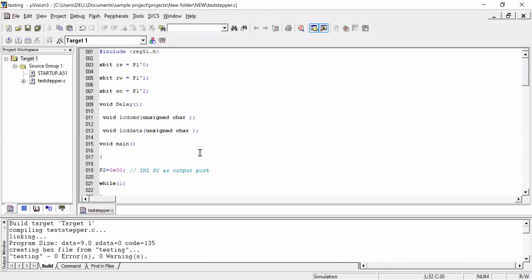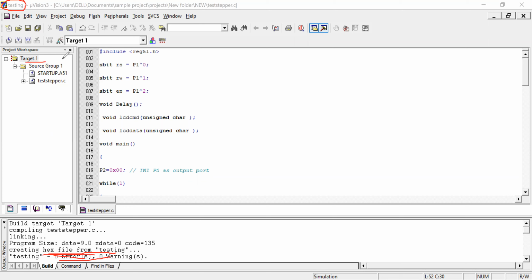The step-by-step operation is very important. See here, I am using testing as my project name. My hex file is created with 0 errors. In the last lab I explained how to open a new file and create this hex file also.